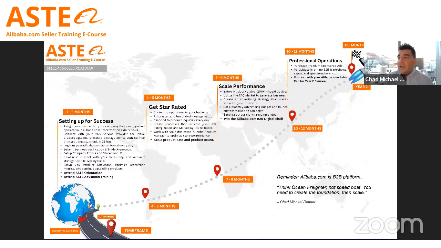Typically, especially for the larger businesses, year one is pretty much dedicated to setup and optimization. That's not to say you can't get set up in less than a year. You can, but there are a lot of levels and functions to Alibaba, so you have to operate at a high magnitude on a daily basis. You have to have somebody operating your storefront.